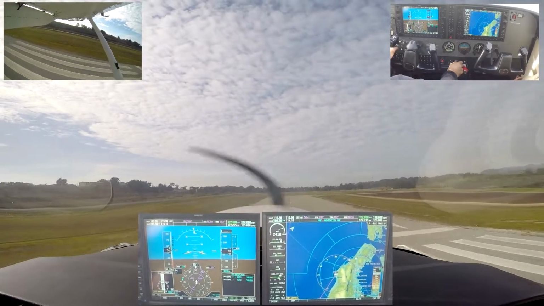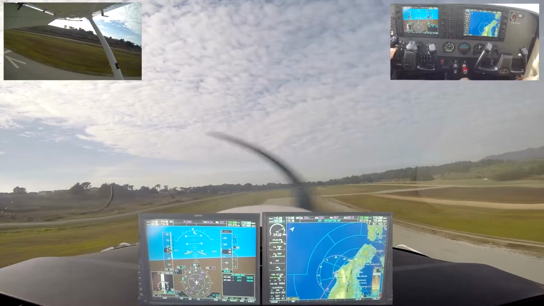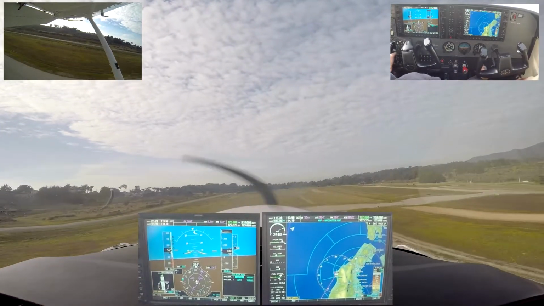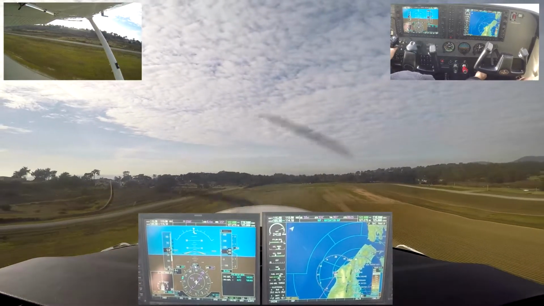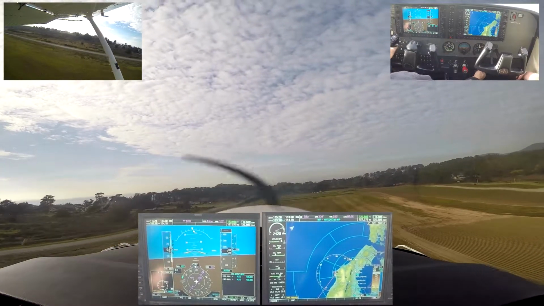We'll do it again. All right, and then you can raise 10 degrees of flaps. Just 10. This is the early stages of learning to land. Just getting comfortable with maneuvering the plane down close to the runway. And next,